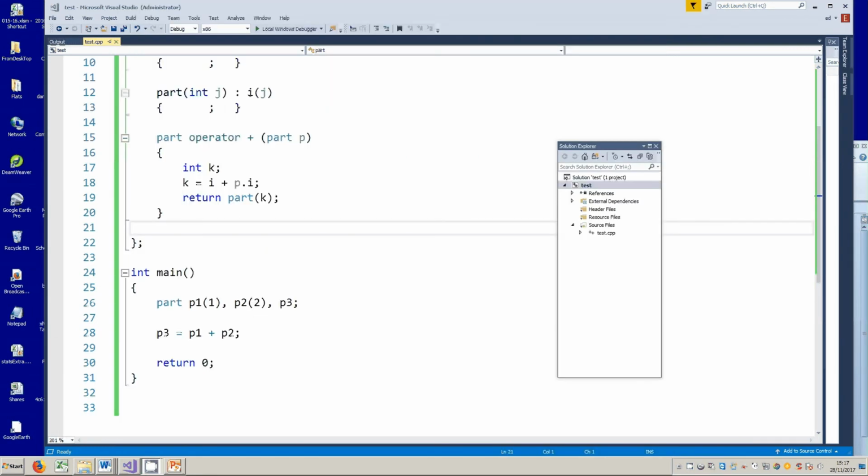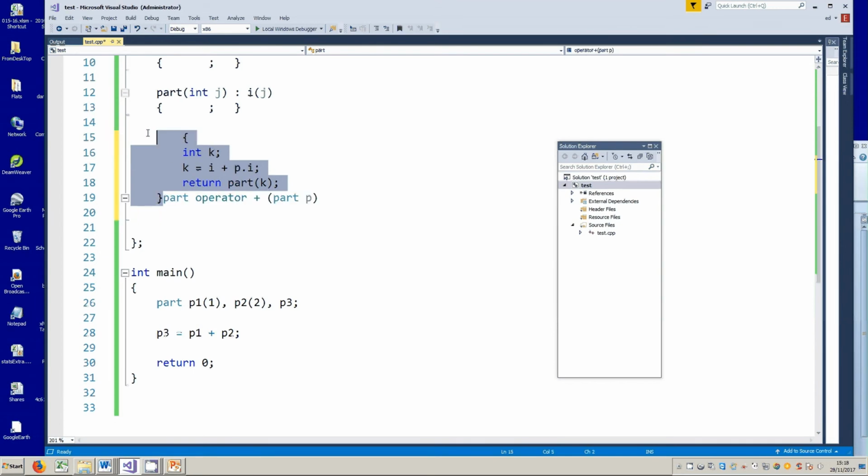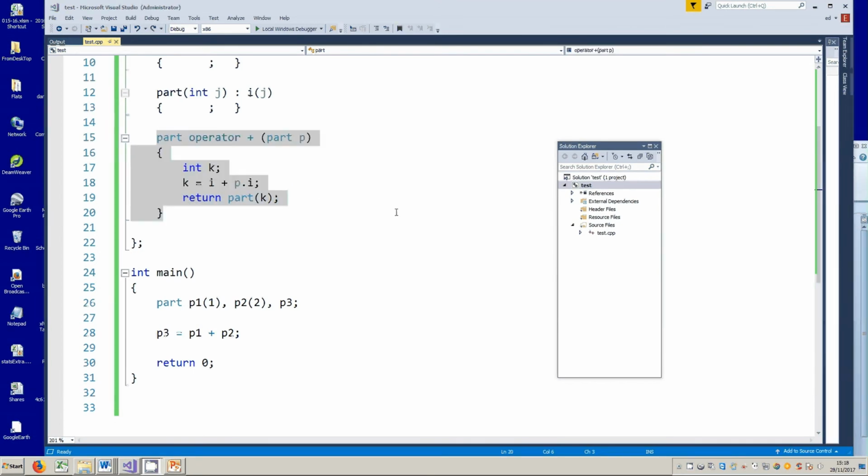Before I show you that, I'll just show you how to move the overloaded operator outside the class, which you remember we've done previously with the scope resolution operator. So if I take that overloaded operator code and place it outside, I'll copy it rather than cut it, so I'll put it outside the class,